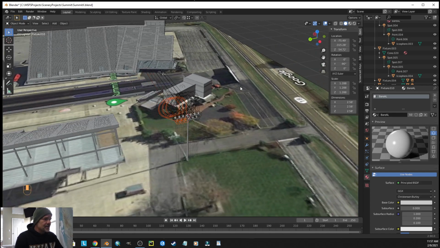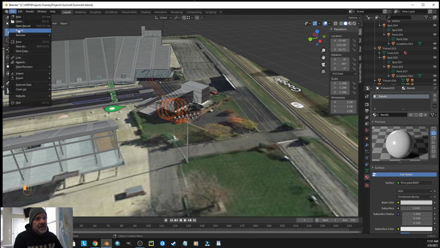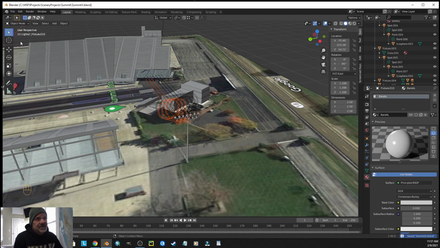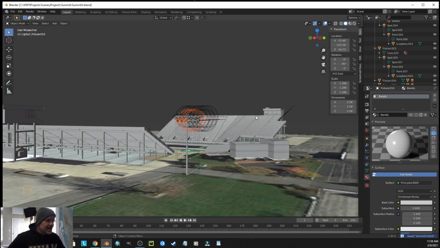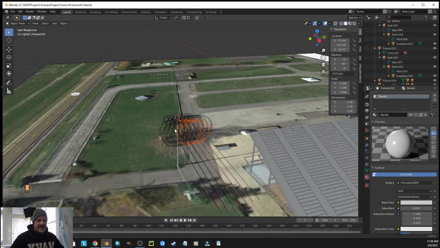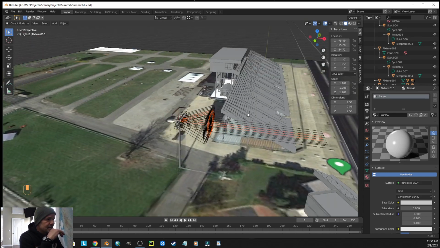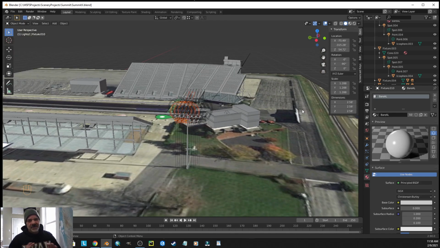All right, so now first of all I want to always save, so I need to save. All right, so now I have my first light pole set up. All right, now let's do some fine tuning, and I'm only going to move a couple of them. I'm not going to move every one of them, but